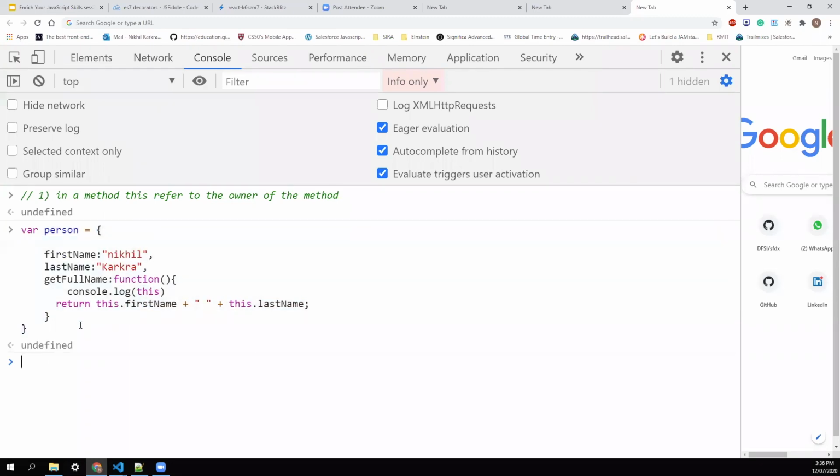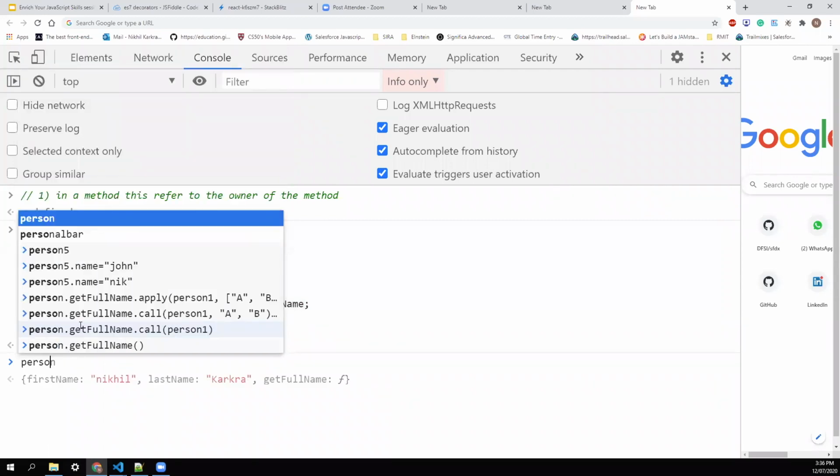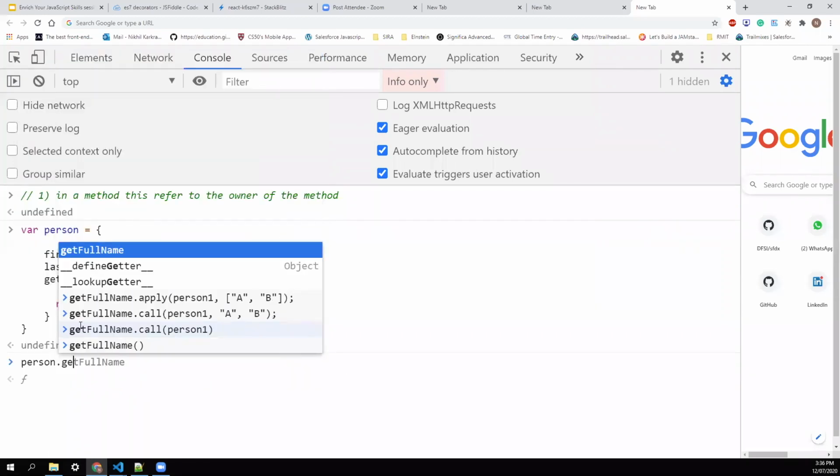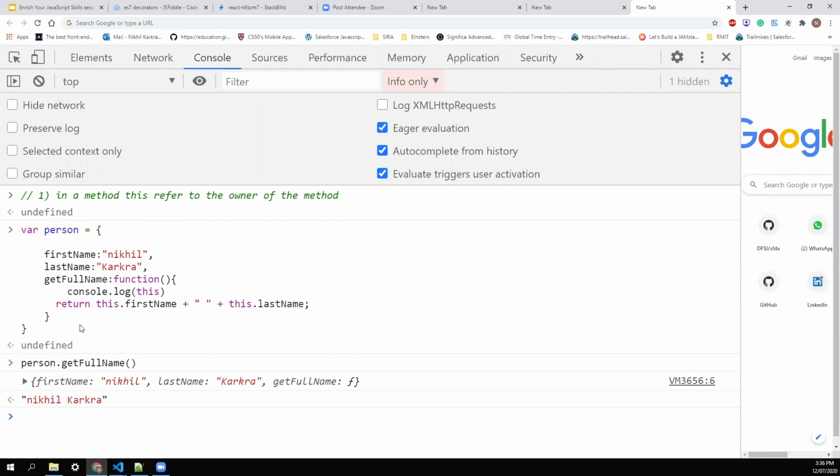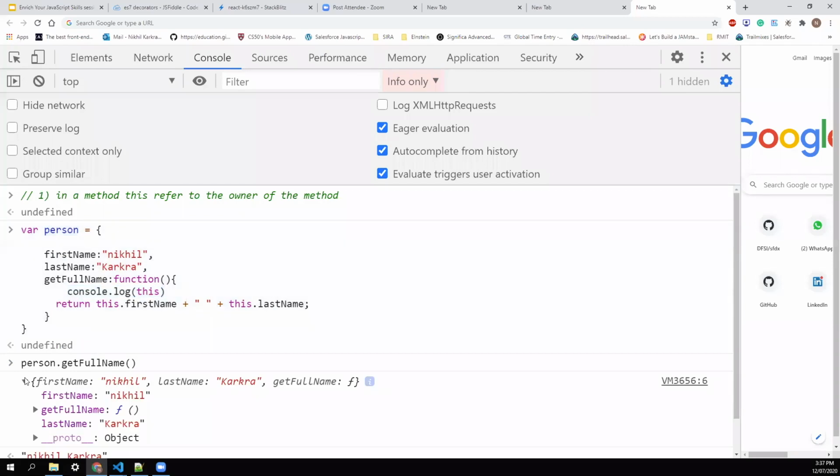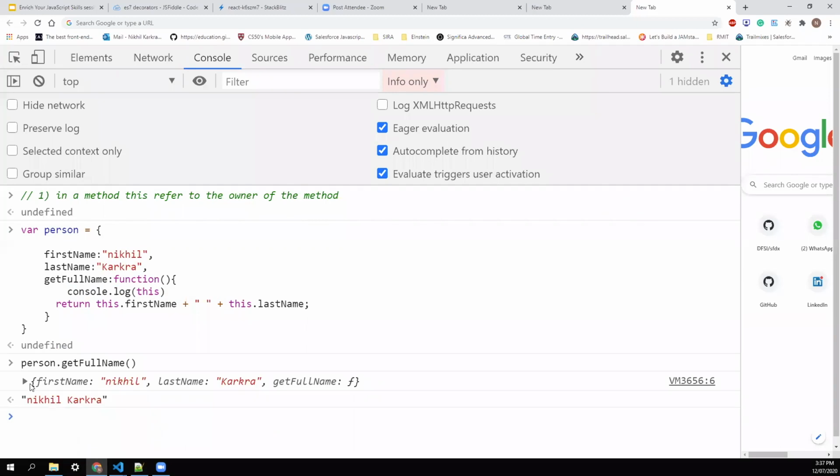So if I hit enter and call person.getFullName, you see I printed this here. It returns me the same object back that has the properties first name, last name, and getFullName as a method. And I print it. So this.firstName is nothing.